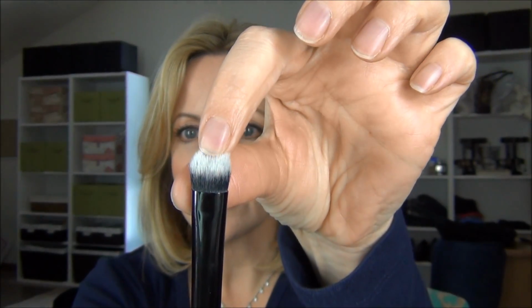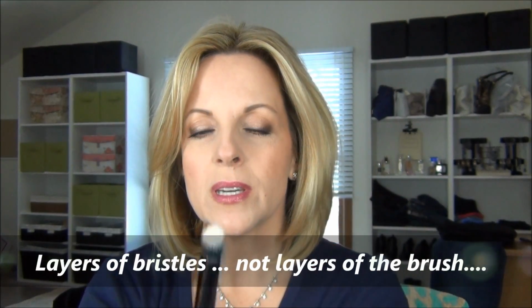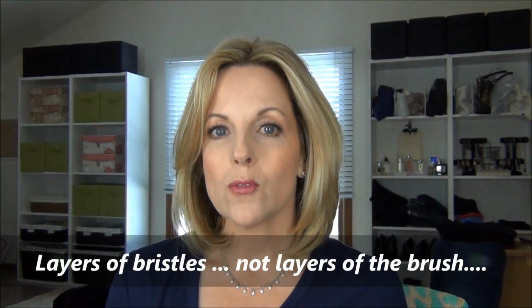I think what makes this brush so amazing is the shape of the head. So the head is sort of flat across here, but it has sort of layers of the brush. It's almost shaped like a finger, which makes it really, really good for concealer. I use this for all kinds of concealers. So concealers that come in a pot. I also use it with doe foot concealers, and I also use it with like this Maybelline, the type